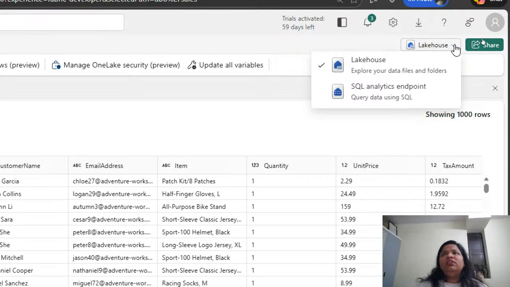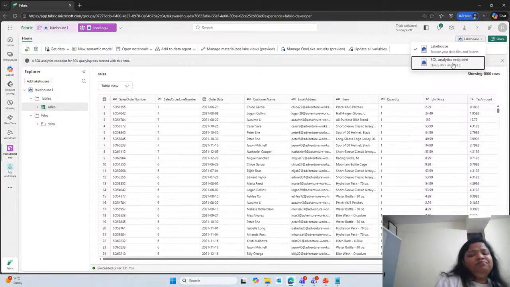So here, a SQL analytics endpoint has been generated for me. If I wanted to connect with this data from the SQL Server platform, it is also possible. An XMLA endpoint gets generated.